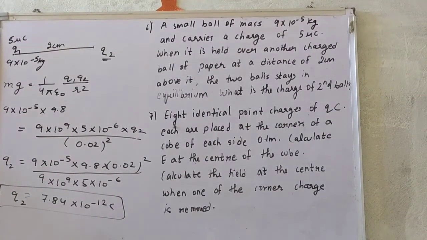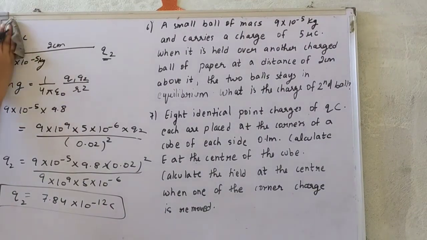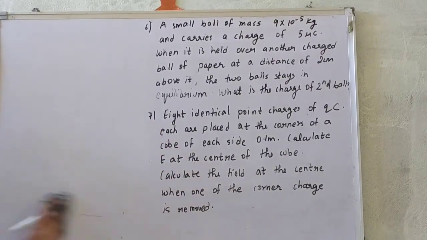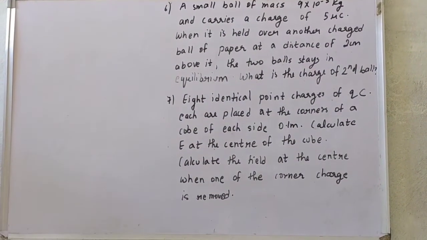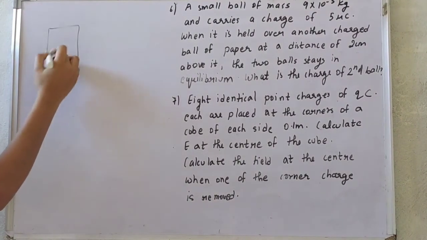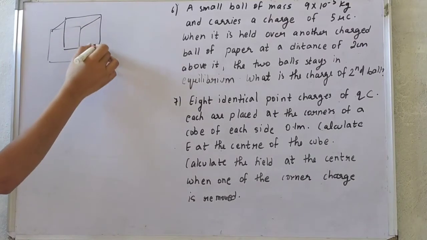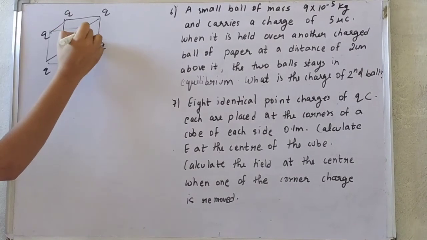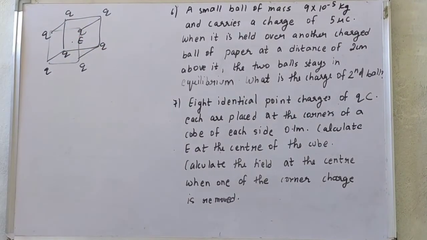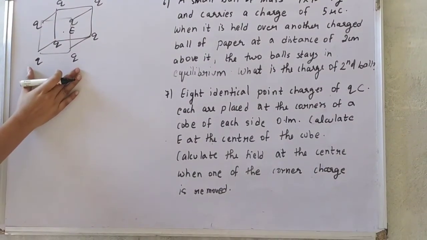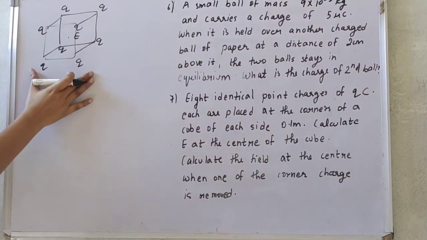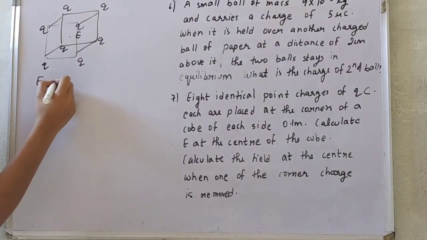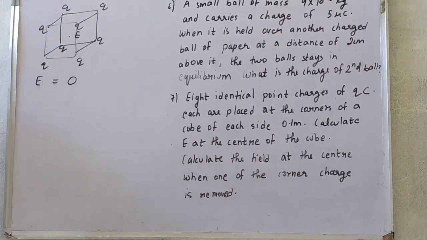Okay, now read the question number 7. A charge of Q coulomb is placed at the corners. In the 7th question, we will calculate the electric field. We have a cube here. A charge of Q coulomb is placed at the corners of this cube. We will calculate the electric field at the center of the cube. Okay, 4 charges are downward, 4 charges upward, so the electric field will be equal and they will cancel out each other, because it is the same charge. So at the center, the electric field due to these 8 charges will be equal to 0.